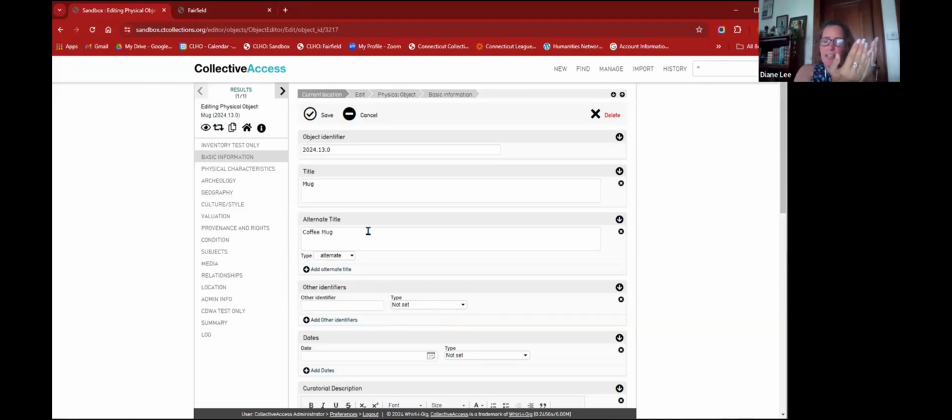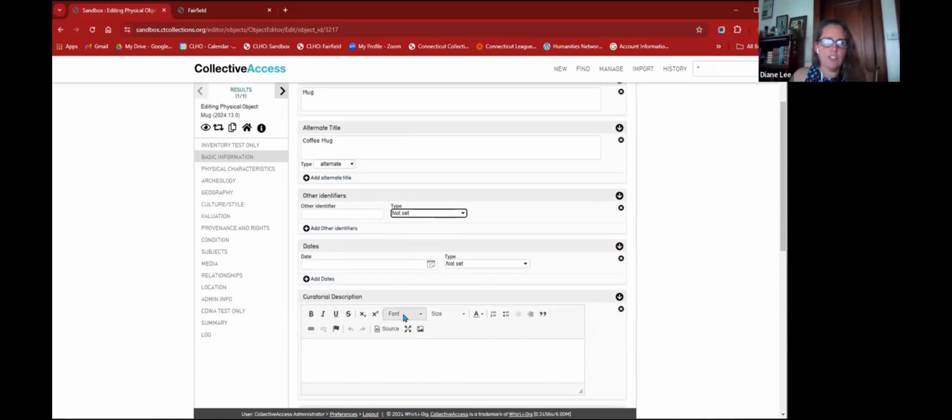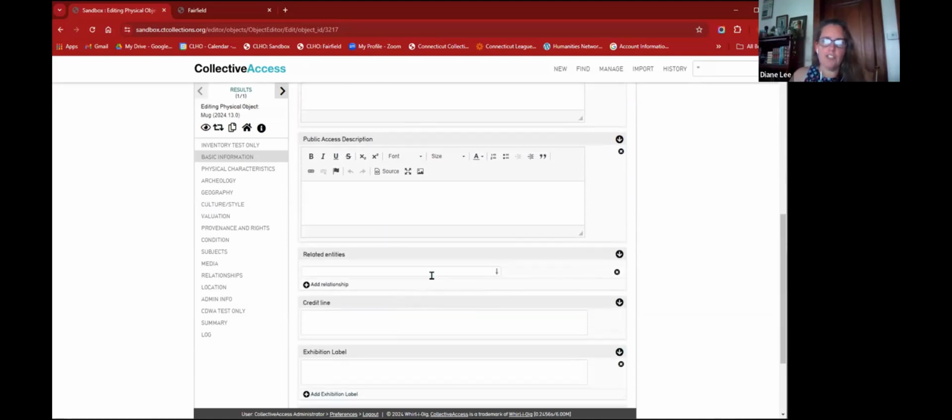It says it's ABC 1234, and you can go, we don't use that number anymore. But if you record it in here, you can look it up easier for the other identifier, and you can note what kind of identifier it is. Inventory number, and just other number is fine, previous number, or a previous owner number. Dates, curatorial description, but mostly what I wanted to get to is the entities,